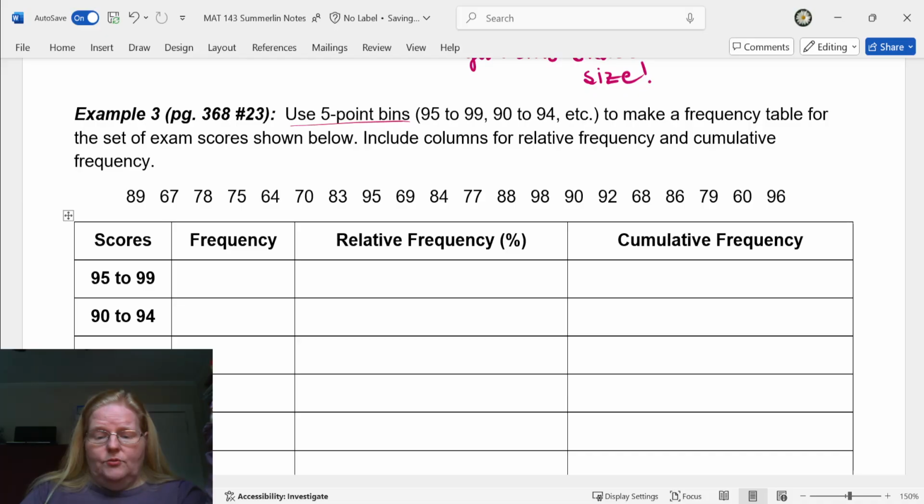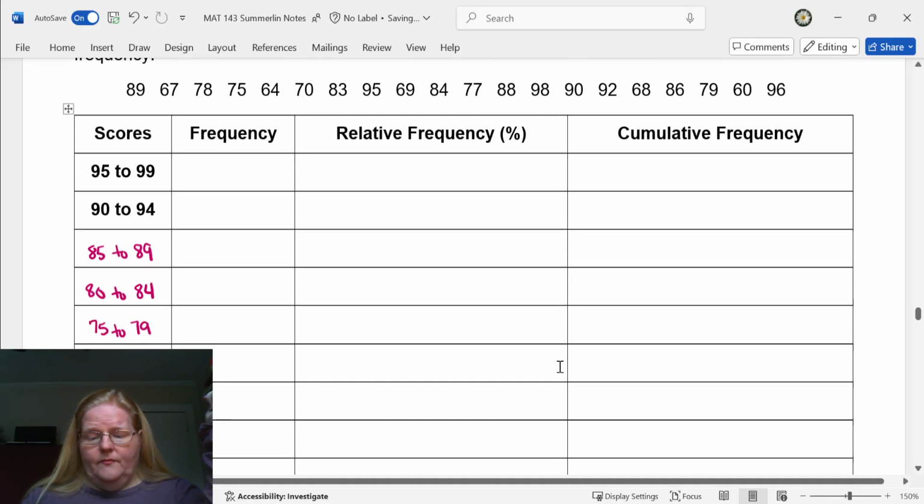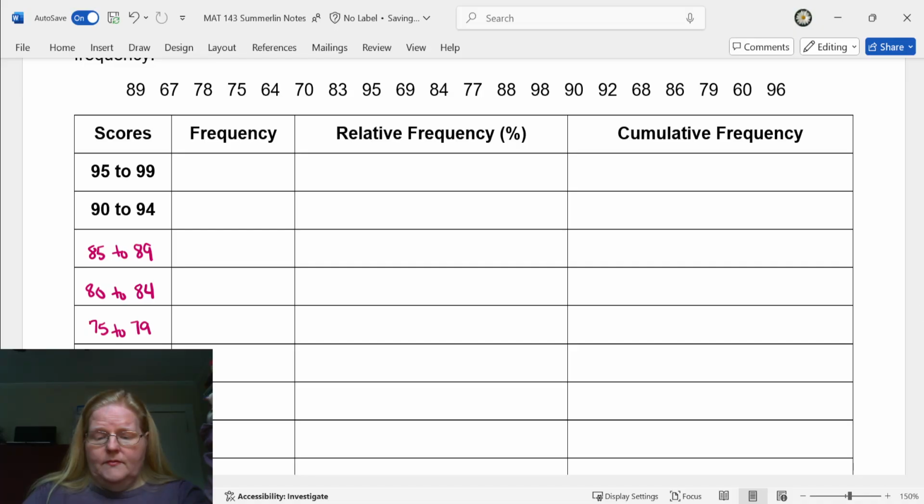And then you have 75 to 79, 70 to 74, 65 to 69,